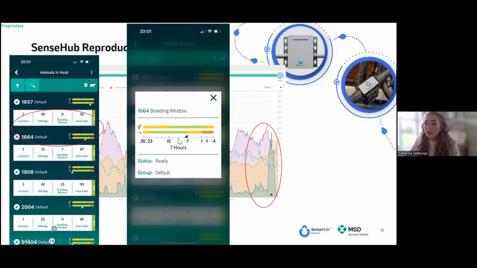on the breeding window. Anything under 85, I touch the cow's graph, touch her number here in this animals in heat list, and it will open up this graph which I have in the background. On your phone, you can zoom in and out like a picture, and on your phone you can zoom in and out as well. So really what you're looking for when a heat index is below 85 is, first of